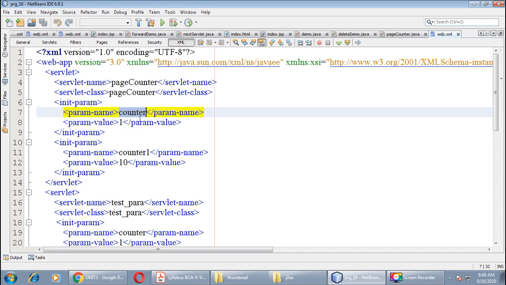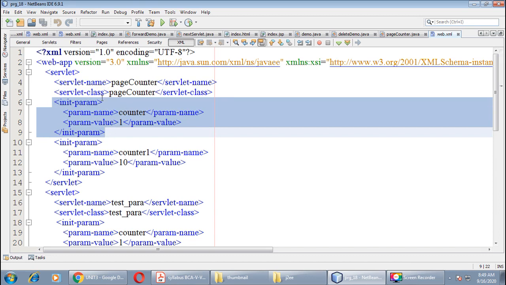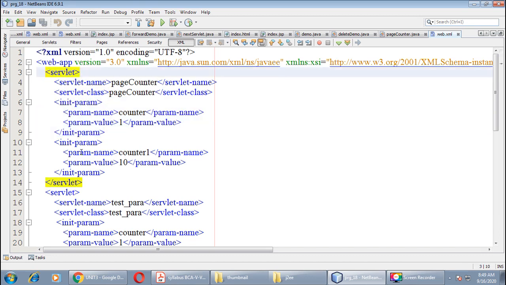Counter is the name given to this parameter, and this parameter is defined in our web.xml file under the servlet tag. The name of the servlet is PageCounter, and I have enclosed the init-param tag between the servlet tags.